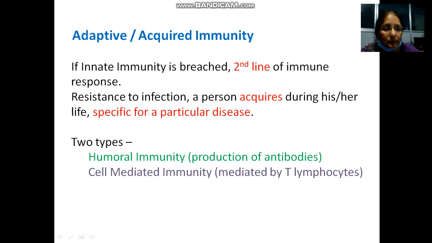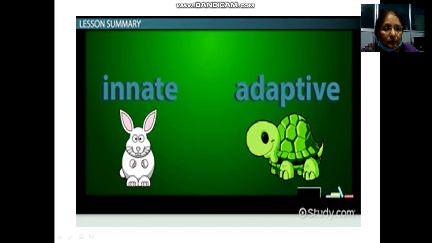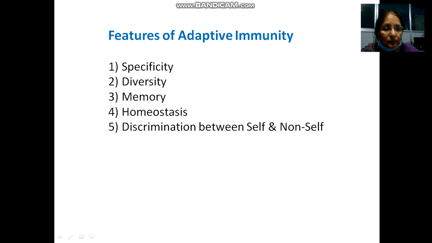Now adaptive and acquired immunity. This is the second line of immune response, the resistance to infection a person acquires during his or her life, which is very specific for a particular disease. It is of two types: humoral immunity, which produces antibodies, and cell mediated immunity, which is mediated by T lymphocytes or cytotoxic cells. The rabbit, it is innate immunity. The tortoise, it is adaptive immunity. It is slow but performs its duty very well. Features of adaptive